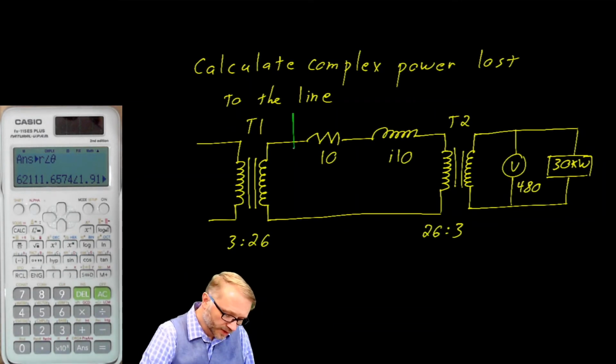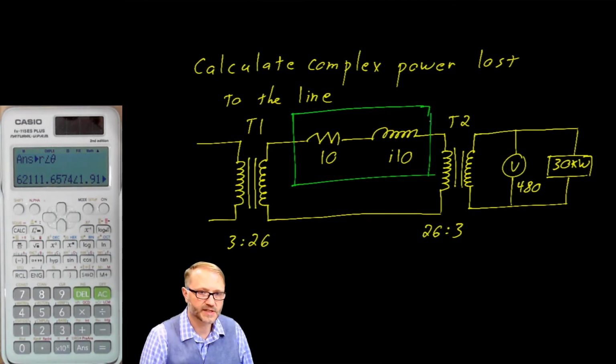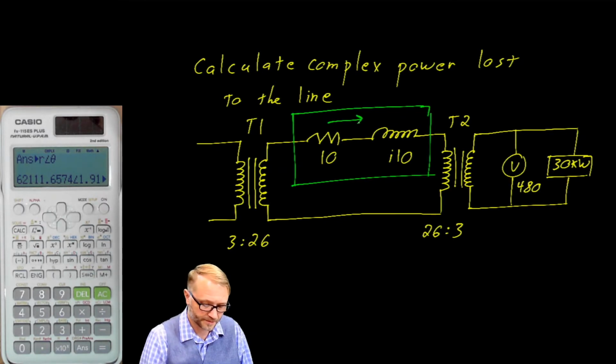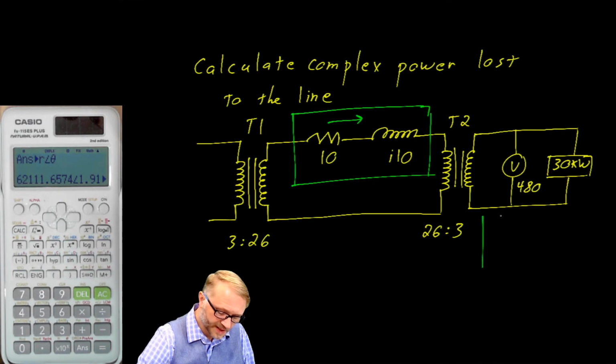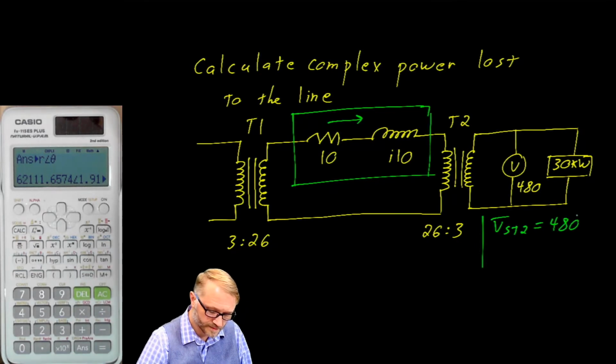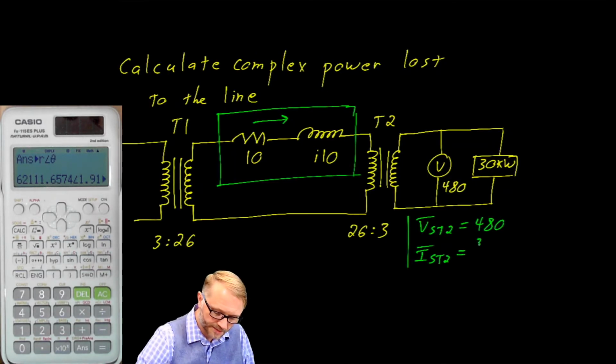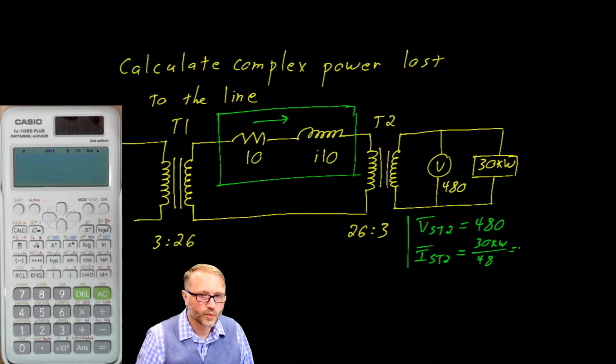In this problem, we're looking for the complex power associated with the transmission line that connects the 2 transformers. To calculate the complex power, we're going to need the current that's flowing through the line. We start this problem on the right side where we see the voltage on the secondary of T2 is equal to 480 volts. The current on the secondary of T2 may be calculated as the power, so that's 30 kW divided by 480, which gives us